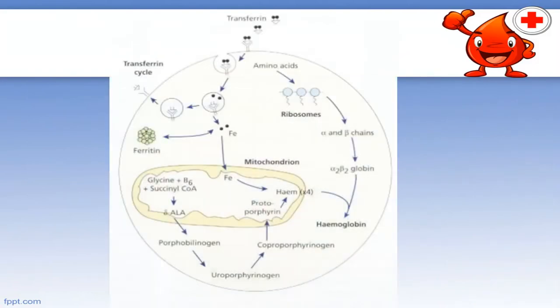These are the mechanisms. Now transferrin goes into the cell, and there the amino acid ferritin reacts with the transferrin, and the ferric iron goes to the mitochondria. Next one is the heme. The heme attaches to the globin, with the globin in the ribosome and the heme in the mitochondria, and that forms the hemoglobin.